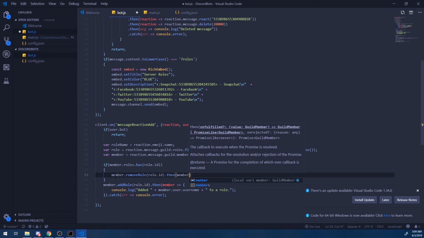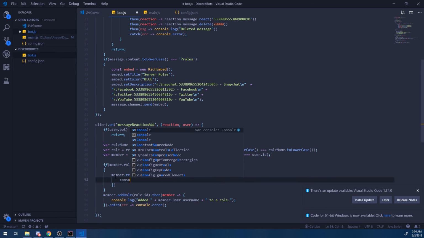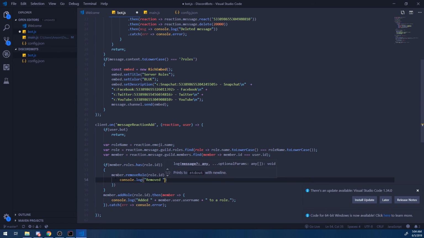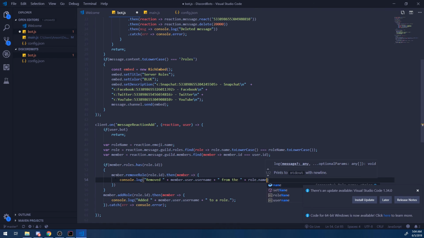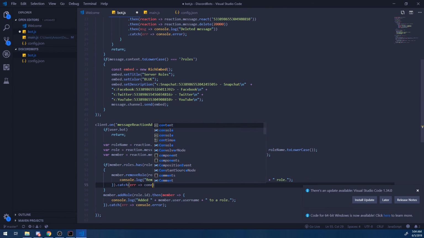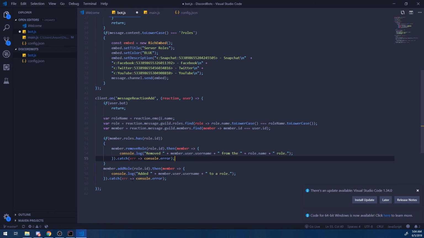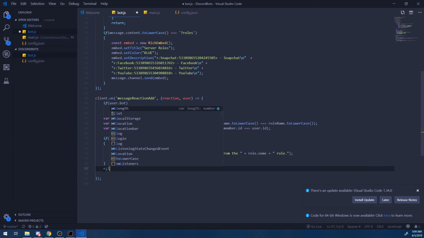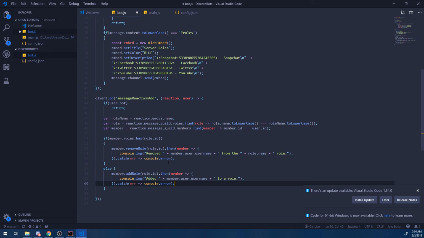So we're going to say console.log removed member.username from the, and I guess I want to do role.name role, just to nicely format everything. Any errors should always be handled accordingly. I'm going to do that just like that, and likewise down here we're going to do else, added